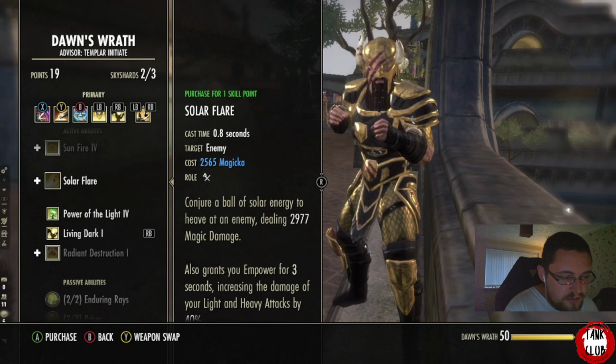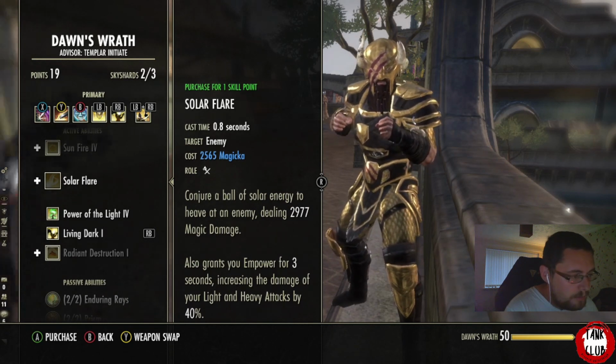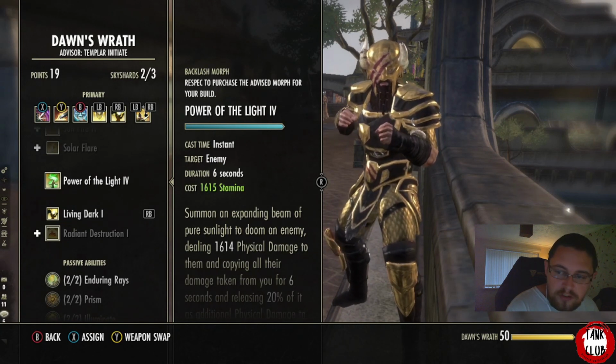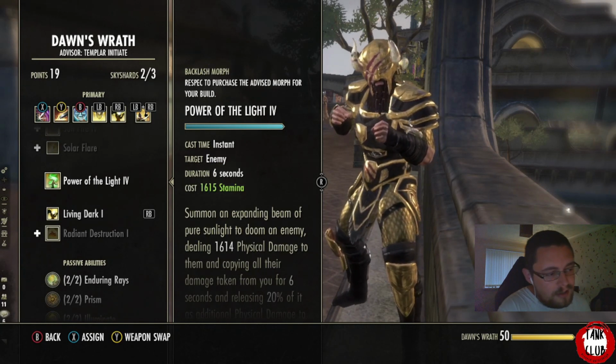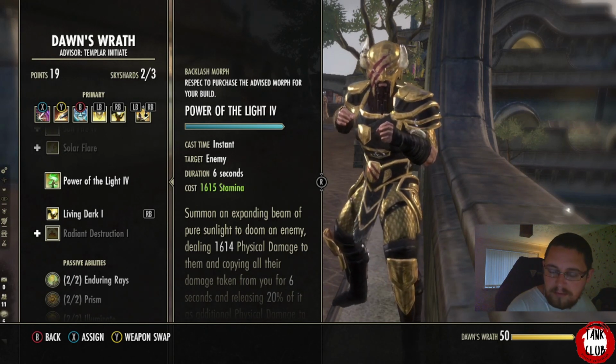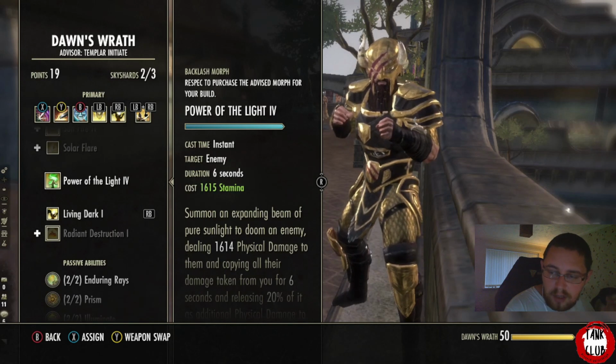Solar Flare, this is not a skill that you need at all for a tank, so we'll just skip straight past it. Power of the Light. This used to be a very, very important skill for the Templar. Now it's extremely situational. So, if you are range tanking, so as an example of range tanking, the Locustes fight